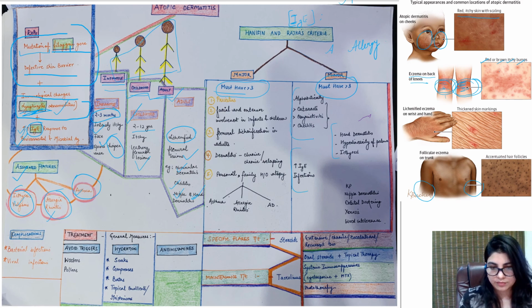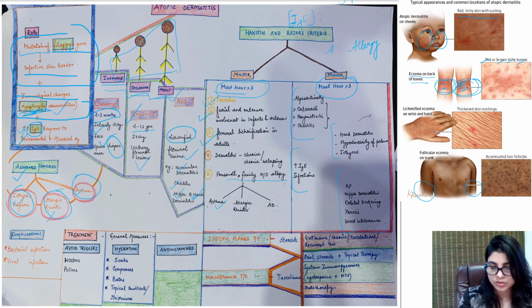I have written it very clearly for the mugging up also. So must have 3: pruritus, should be really itchy, facial and extensor involvement in infants, and flexural lichenification in adults. So itchy, face and extensor involvement in children, flexures in adults, and yeah, there should be a family history of